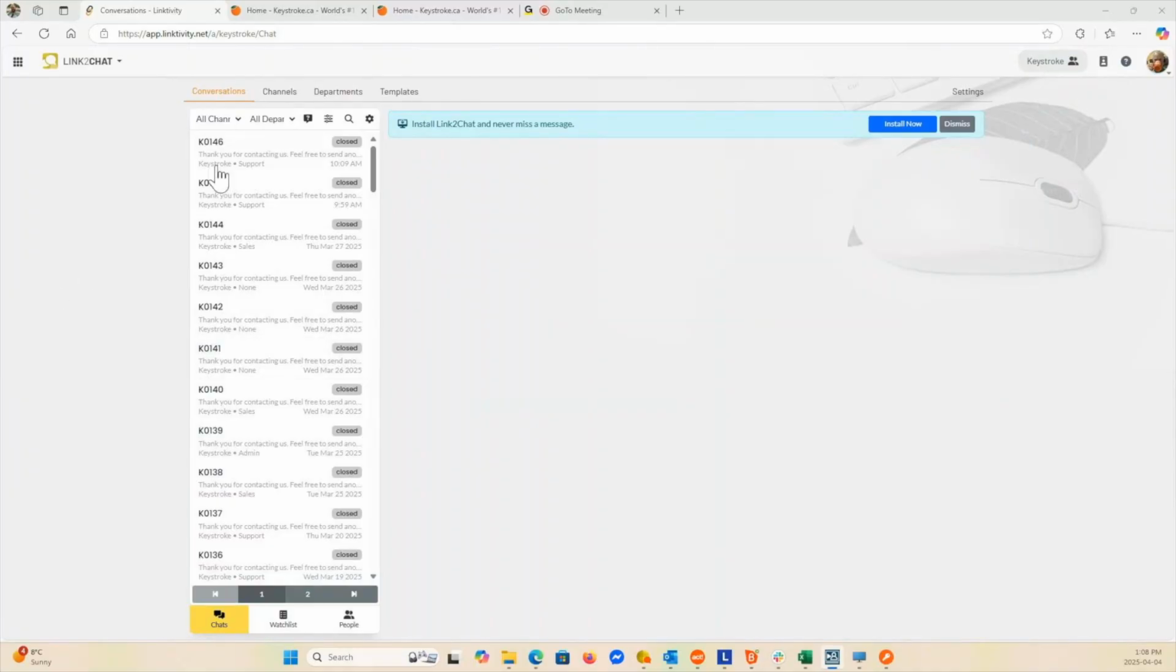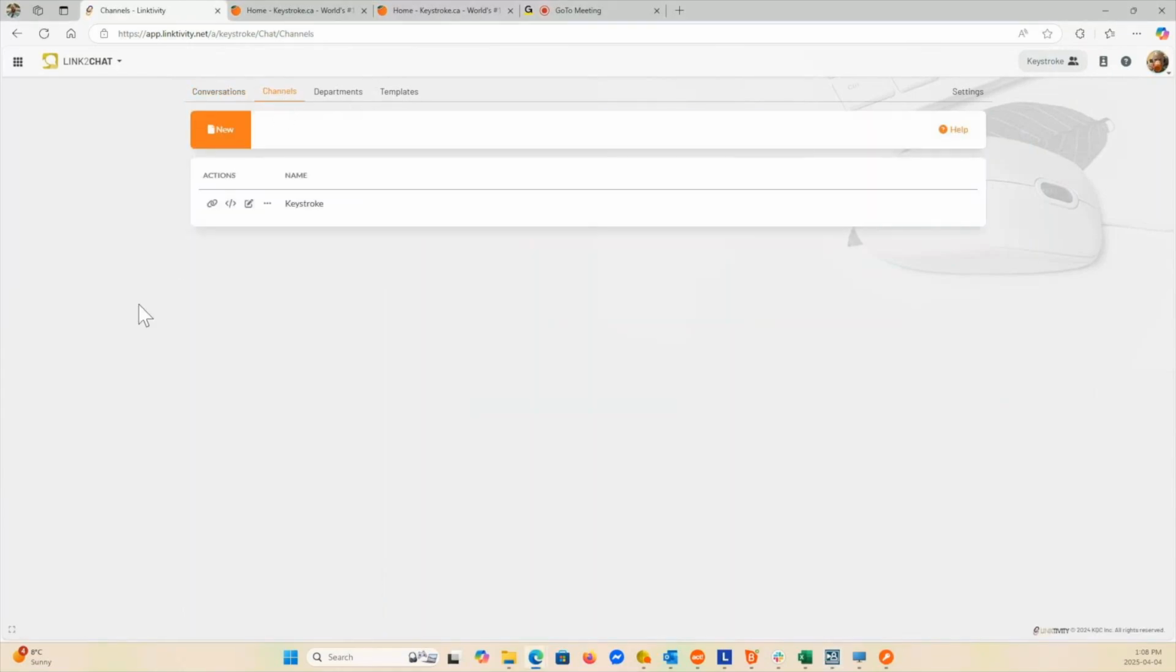Now let's go over to the channels, okay? Now the channels is, now obviously when you first start this, there's going to be no channels, okay? Remember, a channel is a website. So all the settings that you're going to have within this are going to be specific to a website. So I'm going to click on edit,